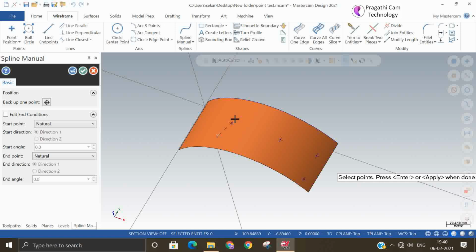So first point, second point, third point, fourth point, and fifth point.